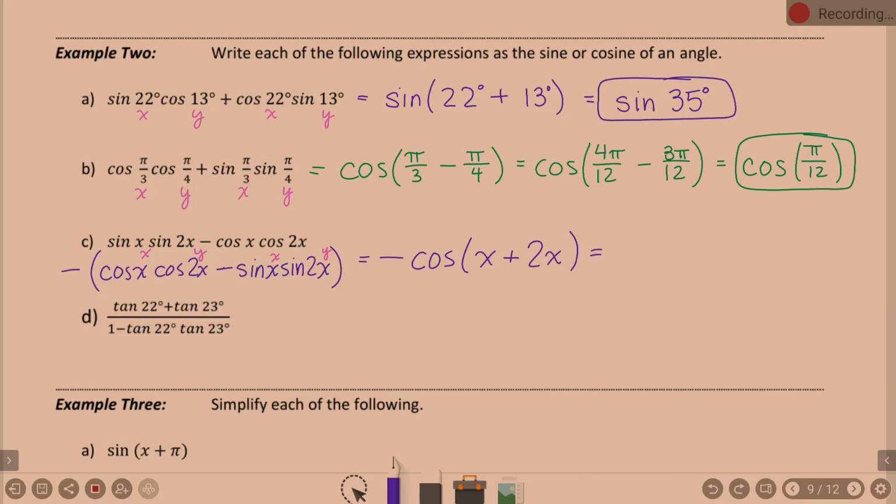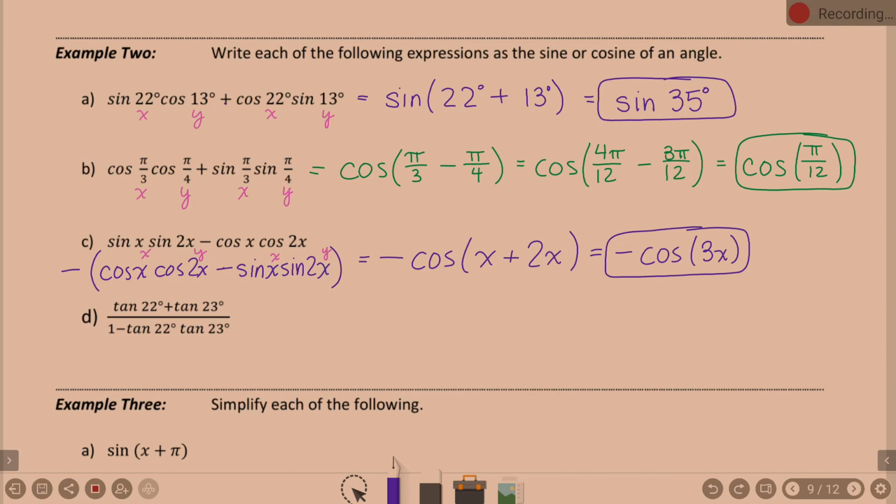Negative cosine of 3x. Okay, the negative just carries along. Questions on that one? We just had to work with that one a little bit to make it look right,